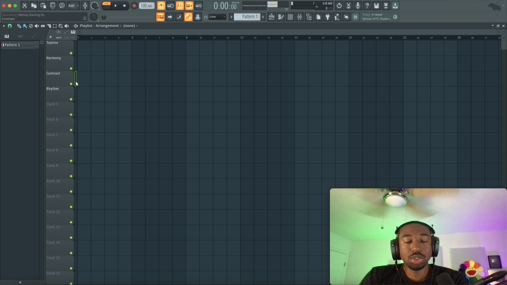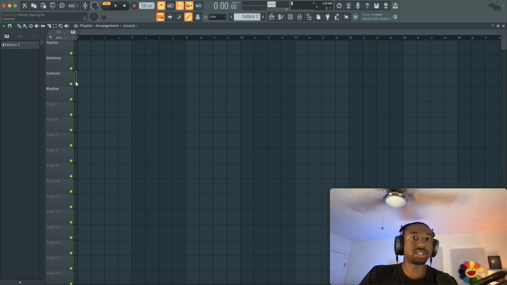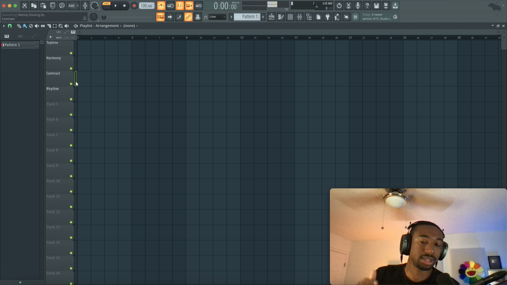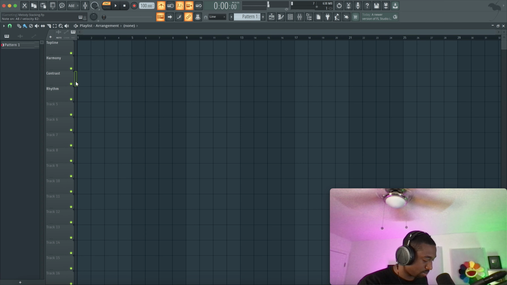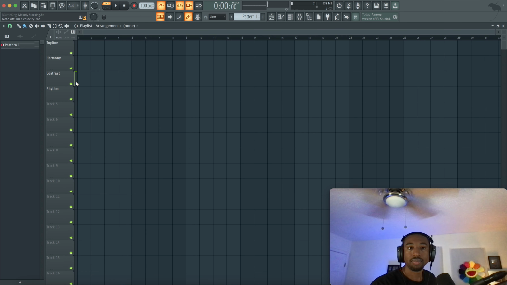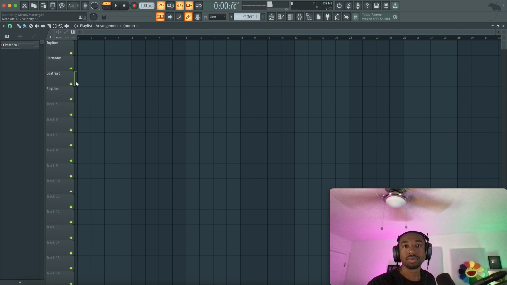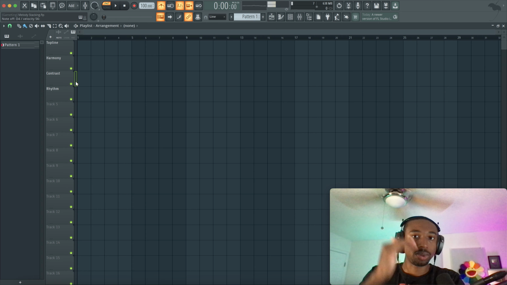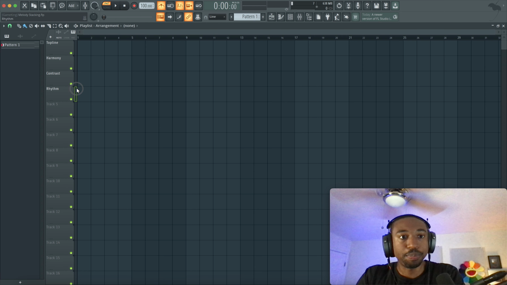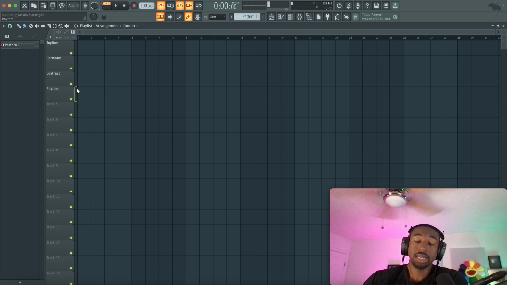And nextly, we have the contrast layer. This is usually the lowest frequency of your track, not all the time. Contrast just means it's different than the top line. So whatever the top line's doing, the contrast will do the opposite. So if we have, okay, the contrast is that the bottom notes are playing slow, the top notes are playing an arpeggio, playing a chord backwards. Lastly, we have rhythm.